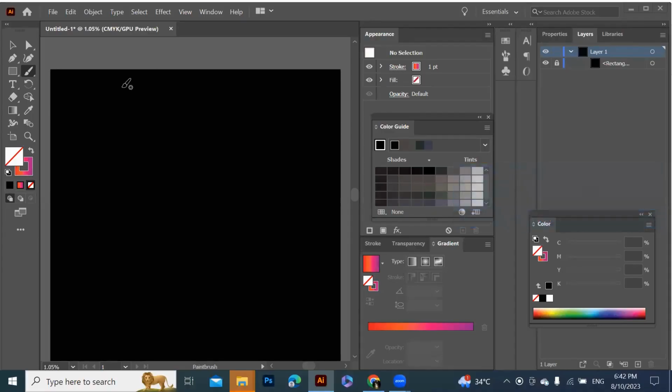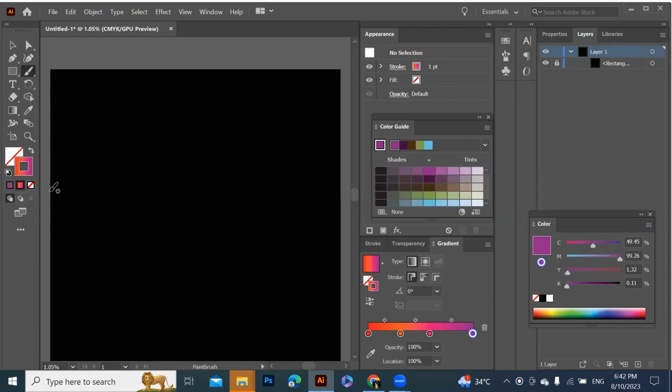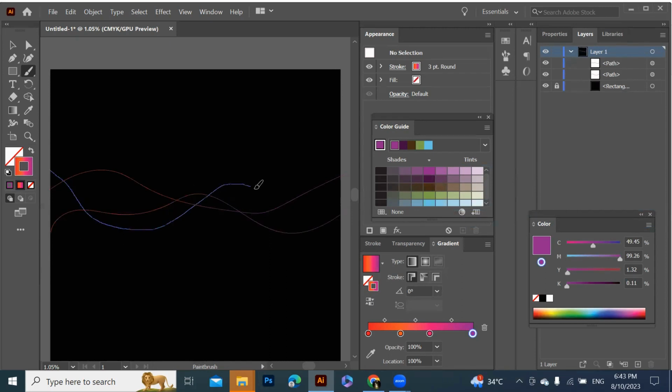Today we will learn how to create abstract effect in Illustrator. First of all, I just make the background black and take the brush tool. I have a custom gradient over here. You can choose any kind of gradient. So let's draw a stroke. I'm having a pen. Sorry, I am having a brush. Select the gradient in stroke and draw a rough brush like this. Okay, select all brushes,